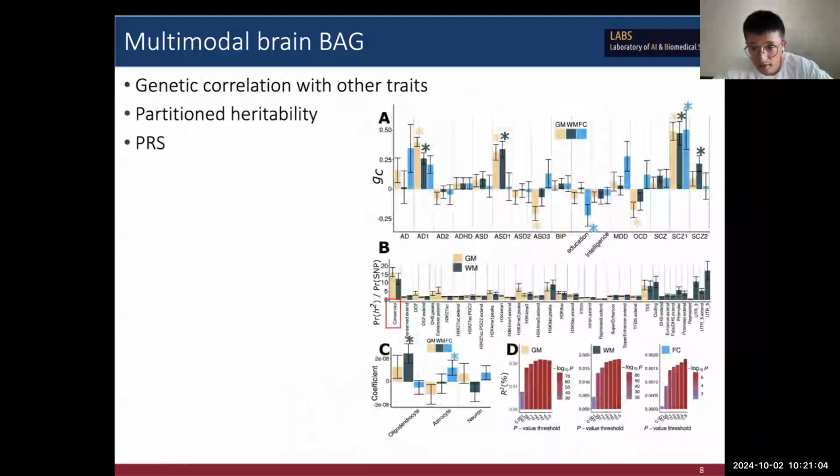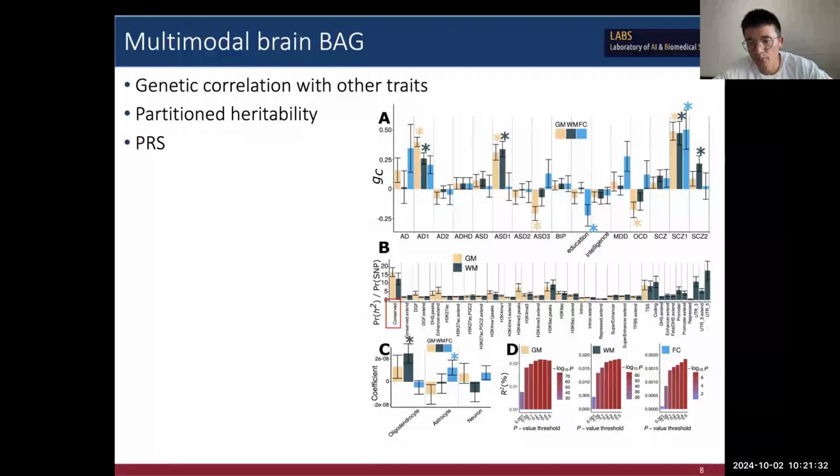Lastly, we also derived the polygenic risk scores using the split-sample GWAS setting. Basically, we split the sample into split 1 and split 2, using split 1 as the discovery set and the split 2 GWAS summary statistics as the target. And as we can see, the overall prediction power, the incremental R square shown here, is not that high